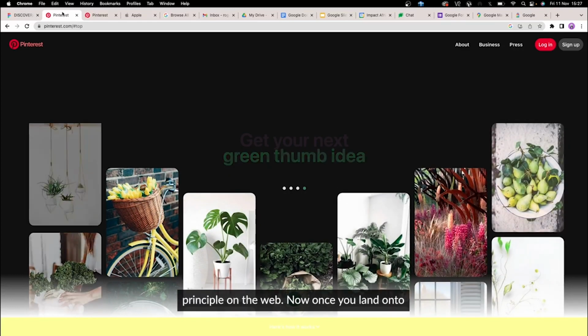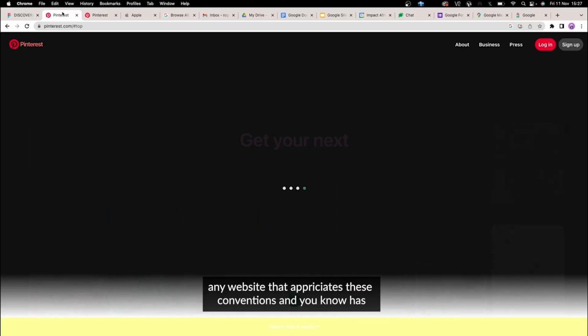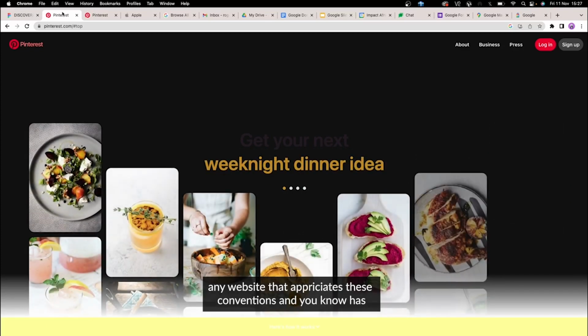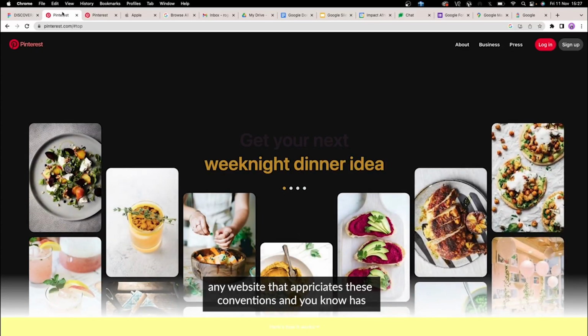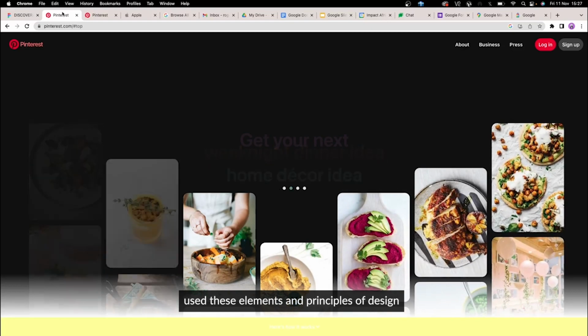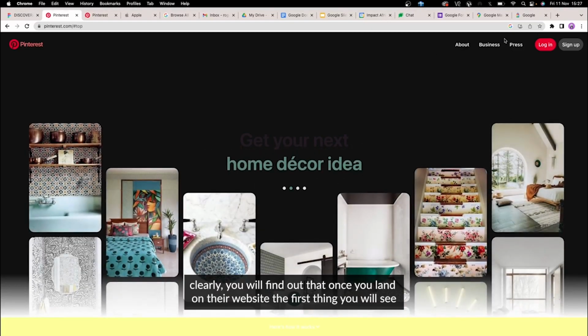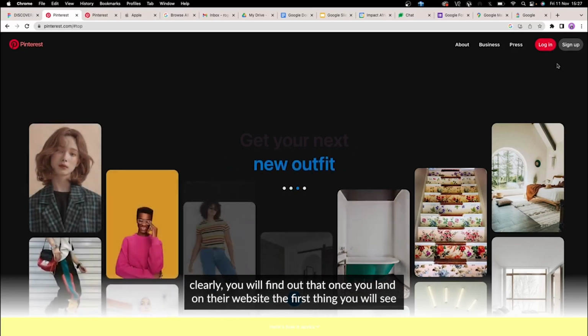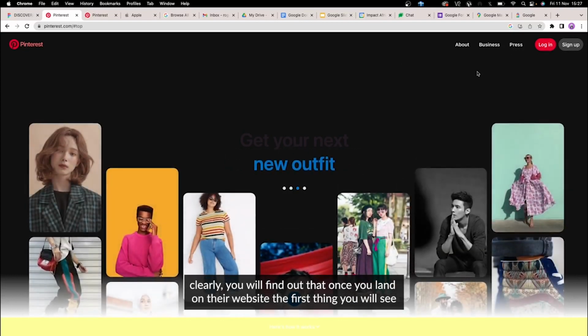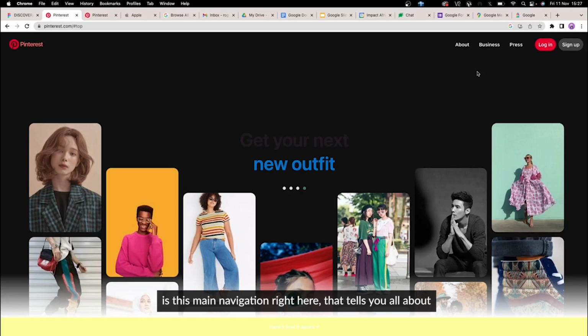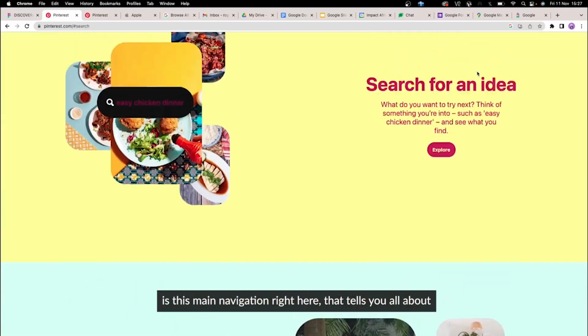Once you land onto any website that appreciates these conventions and has used these elements and principles of design clearly, you'll find out that the first thing you will see is this main navigation right here that tells you all about